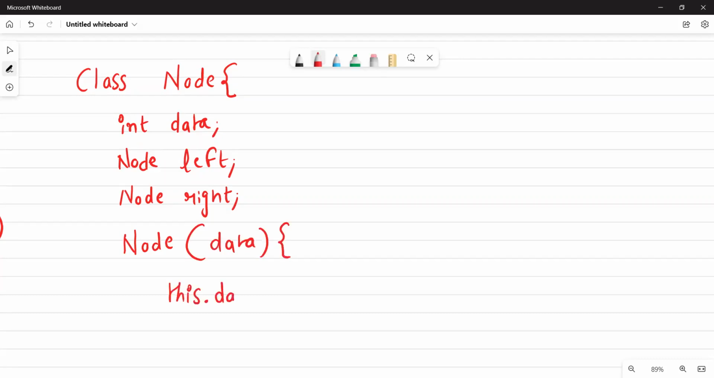You can just assign this.data equals to data. These will be assigned as null on their own. And this is your node structure. Anyone having doubts in this, the node structure? Okay, so following this,